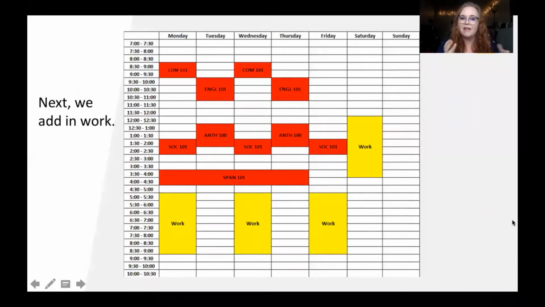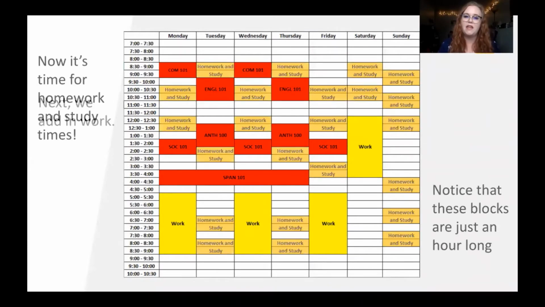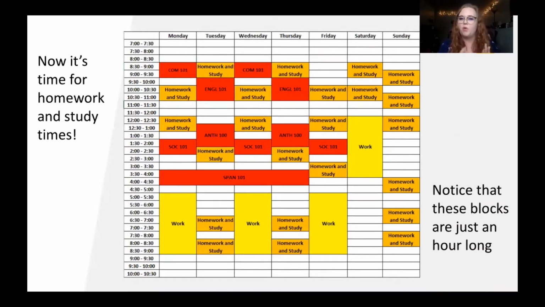Then I'm going to add in my work schedule because that's pretty consistent throughout the week. And now I'm going to add in some homework and study time. It's important to notice that these blocks are just an hour long, and there's a lot of them. You may not have this many in your schedule, and that's fine. But plugging in some specific time to work on your homework and to study is really important to help you stay on top of all of that material.